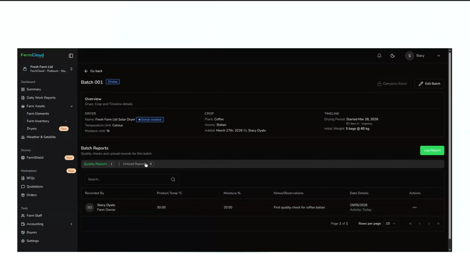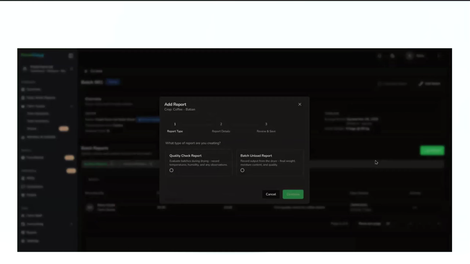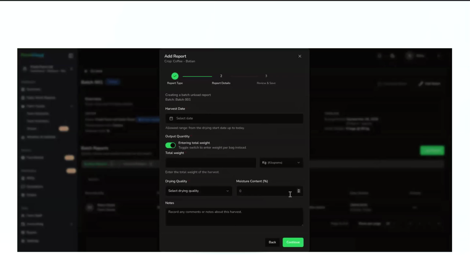Now after you created that report, you'll be able to see that the report information is over here, and you can edit the report or you can delete the report. Now for an unload report, we do the same process, whereby if we have already recorded a quality check report, and we see that the reading said 20% of the moisture is ideal for the batch, now we can come over here and select a batch and load report,